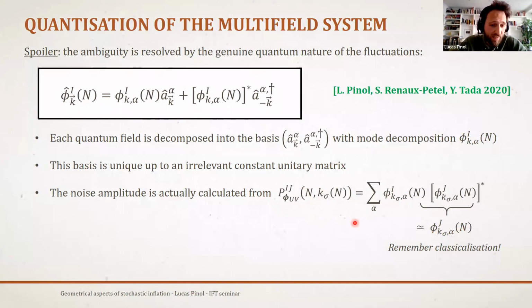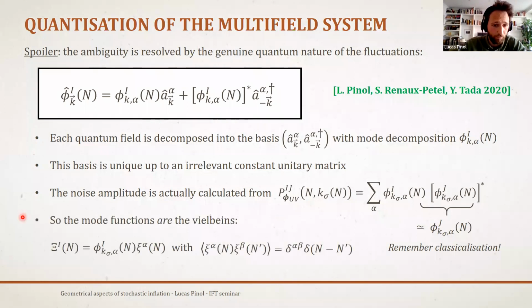And this is actually exactly what you're looking for. You are looking for something that is the square root matrix of the noise amplitude. And you see that actually, when you compute the noise amplitude, you don't have the choice of how to compute it. You need to use the mode functions, which actually are therefore the field bundles we were looking for from the beginning. So the mode functions themselves are the field bundles, which enable us to define this normalized centered Gaussian variable psi alpha.